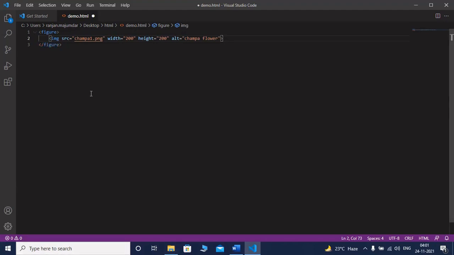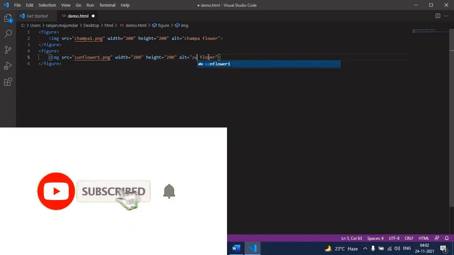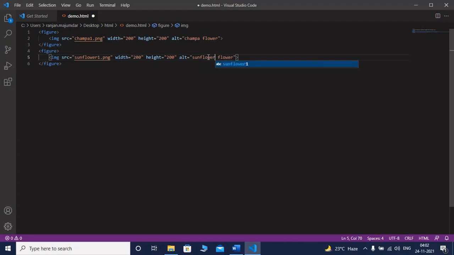I am using another figure element just below the previous picture, and sunflower 1.png. In both these cases I am changing the alt to sunflower.